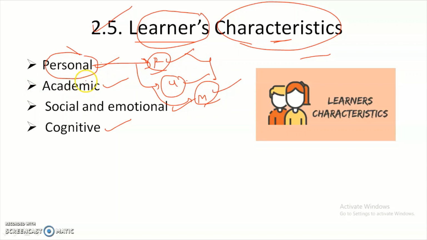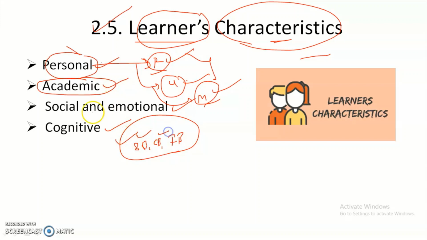Coming to the academic, the example is that in school ages we have state based syllabus, central based syllabus, and international based syllabus. And if you come to graduation, different affiliated universities are there. So based upon which universities or boards we are studying in, our characteristics will change based upon the syllabus set by that particular board, state syllabus or central syllabus.